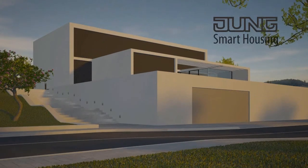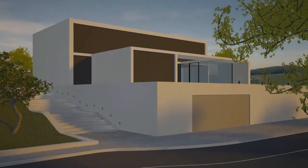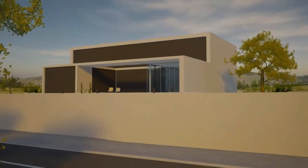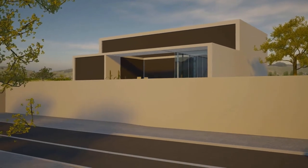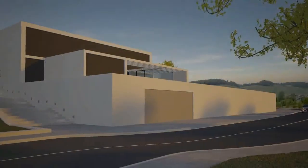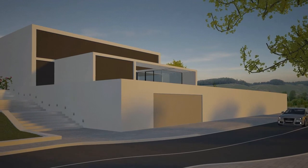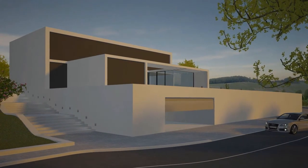Imagine coming back home in the evening and your house wakes up. This is not a dream of the future, but it's already a reality with the intelligent KNX building system technology from JUNG. Through the networking of individual system modules, preset scenes are executed, which make your everyday life both comfortable and safe. The garage door opens, the driveway is sufficiently illuminated, the blinds are raised, and the alarm system is